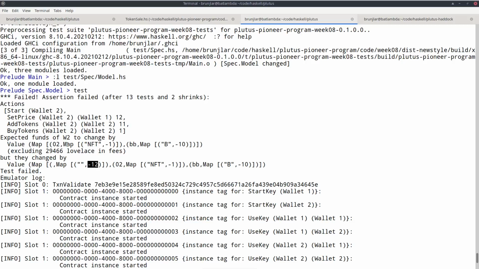And I should mention that, of course, this, even though it's very powerful, also has its limitations. So one thing is that, of course, it only tests the contracts that we provide. It doesn't test all possible off-chain code.